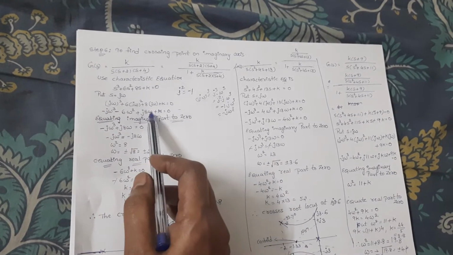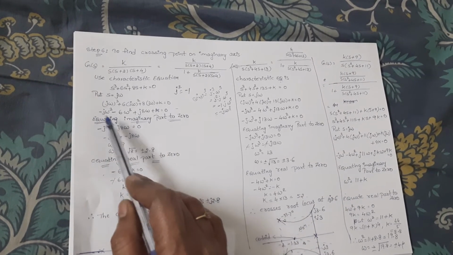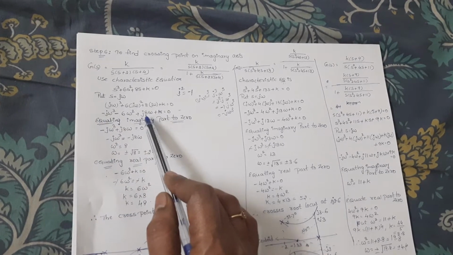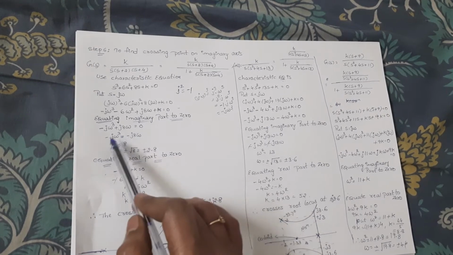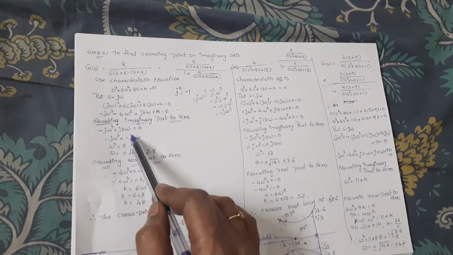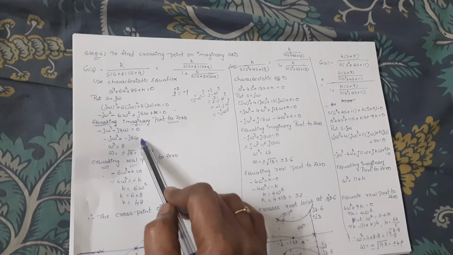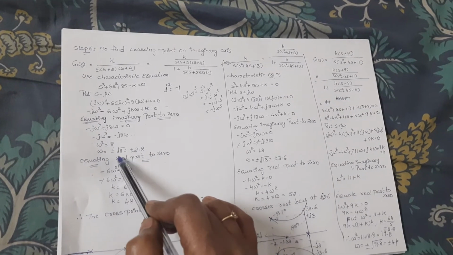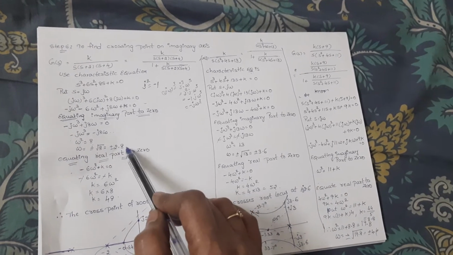In this equation you should separate the imaginary parts and the real parts. Imaginary parts are nothing but the terms with j. So here you have two terms: one is minus j omega cube, another is j 8 omega. So minus j omega cube plus j 8 omega is equal to 0. You take it to the right side, the minus signs cancel, the j cancels, and one omega cancels. You get omega square is equal to 8, and omega is equal to plus or minus root 8, which is plus or minus 2.8. This is the omega value.